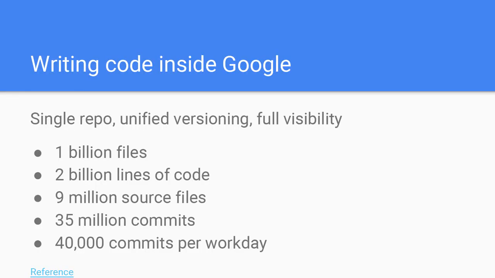All right, so why do I say large scale? Well, writing code inside Google is a bit funny. I don't know how many Googlers we have here. I have a reference. This is public information, but maybe you guys haven't heard of this. I'm not releasing some new numbers here. It's not shocking, but it made the Hacker News. It made the rounds a few months back, and people might have forgotten it. But we do have a single repo in Google. One repository for everything, unified versioning, and visible by everybody.